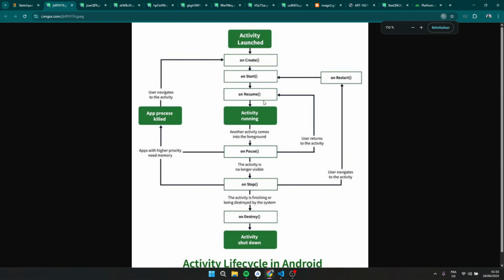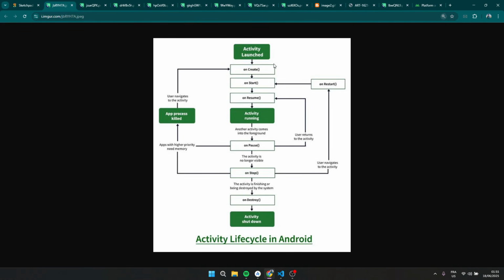This is, for example, the life cycle of an activity. There is also a life cycle of a service, of a content provider, of a broadcast receiver. I'm just going to show you an example of an activity life cycle, and you can project that onto the other components. It's almost the same thing.